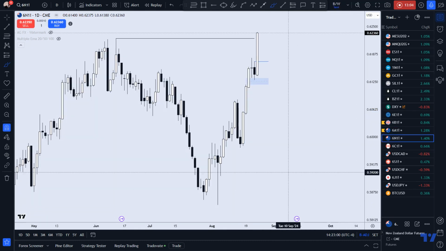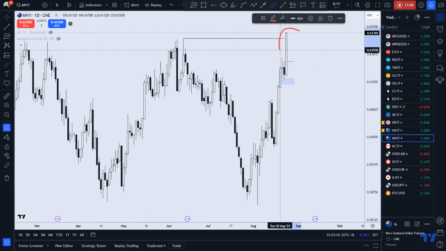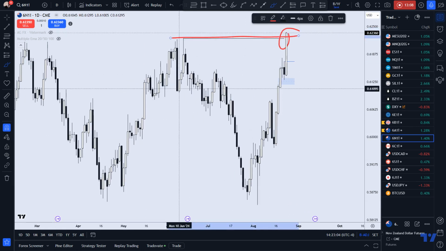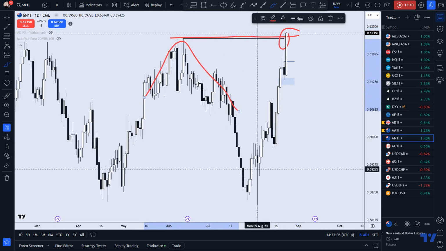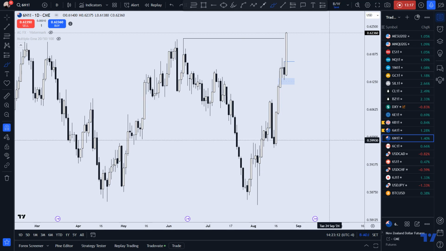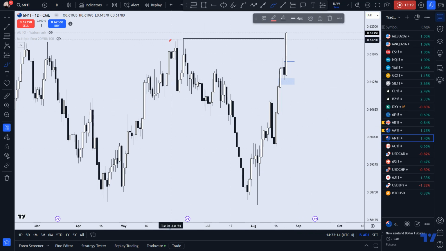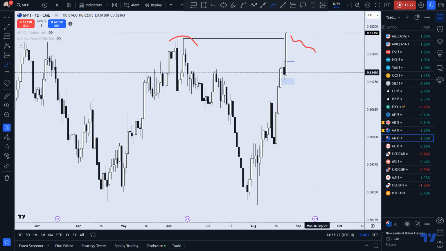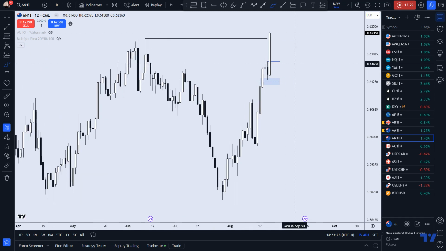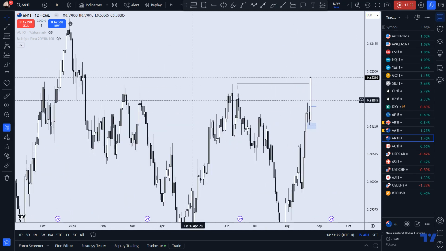If we go to the New Zealand dollar, we did get a close above this swing high, and you see how much momentum is in that bullish leg of structure. I'm looking for price to have a pullback of some kind into a potential fair value gap that may form Monday, Tuesday, maybe Wednesday. The line is there already.